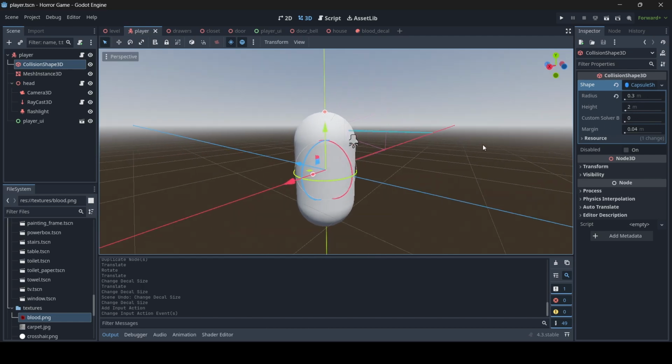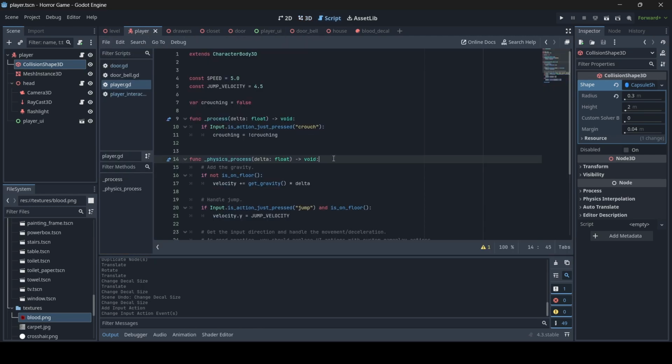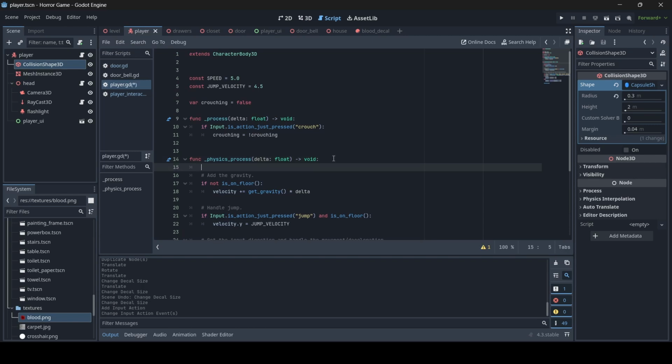And then whenever our player stands back up again, it's then going to go back in size. So in our physics process function, since we're going to be using lerping, I do prefer to lerp in the physics process function, so we're going to do that in here. So in our physics process function, what we're going to do is